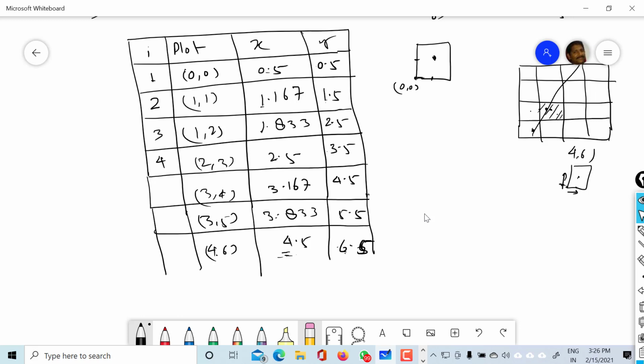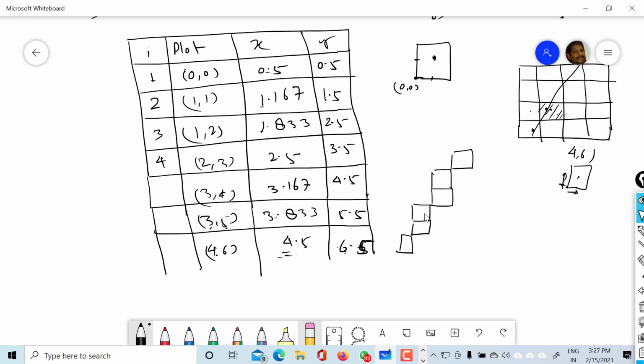So in this way, the first pixel was 0 0, after that 1 1, then 1 2, that means the value of x is same but the value of y is 2. After that 2 3, the value of x is incremented as well as the value of y. After that 3 and 5, x is same and y incremented, so it will be like this. In the last, x and y both are incremented, so it will be like this.